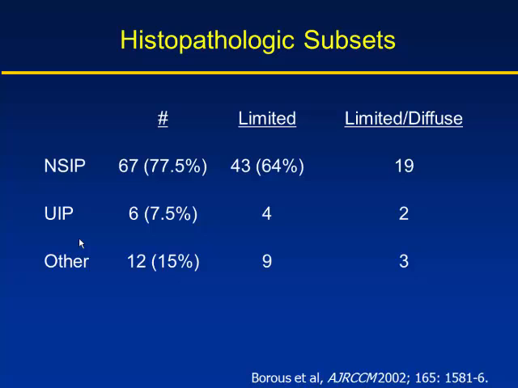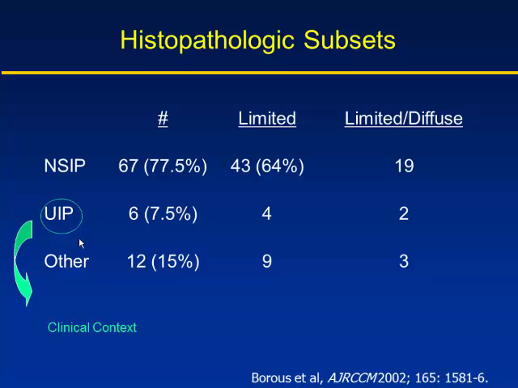Now the point of this is that this was a study that had about 500 patients and 92 got biopsies, and they showed that there was a distribution mostly NSIP, maybe a little more limited than diffuse. But the point is that some of them, not many, but some had UIP. So if you start with this, then you end up with idiopathic IPF, when in reality, this was the biopsy seen with this disease. There's been biopsies from other autoimmune diseases that have this fibroblastic foci